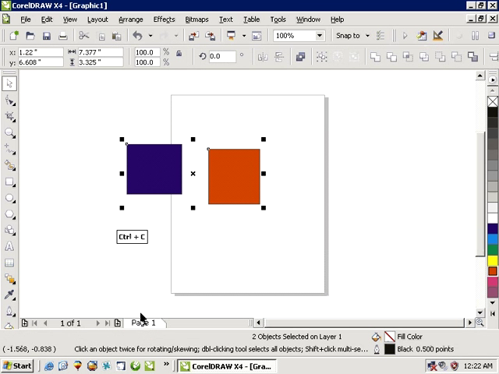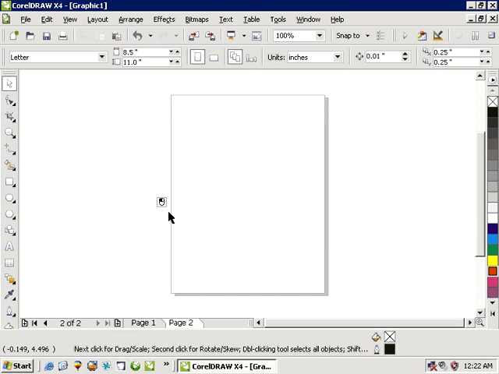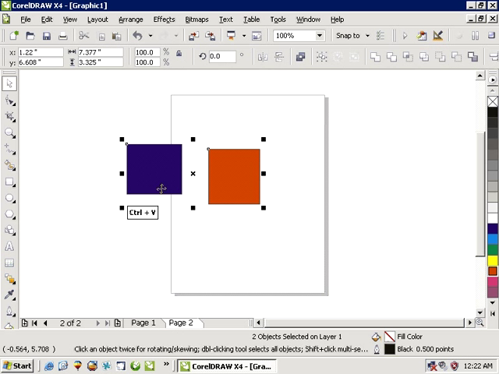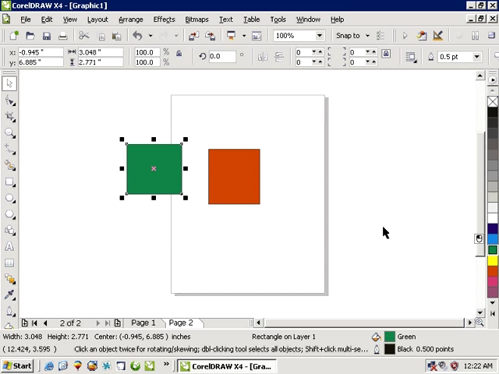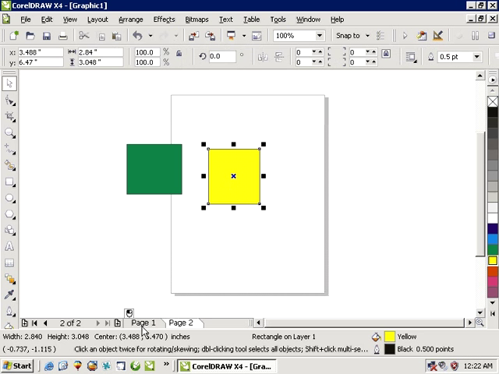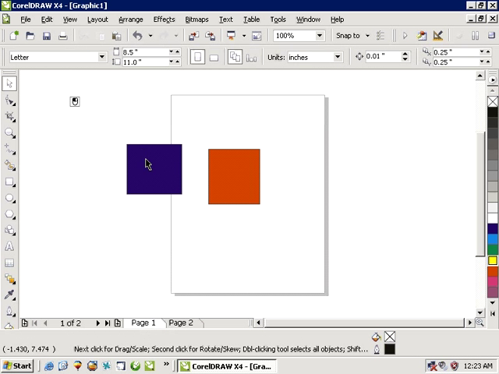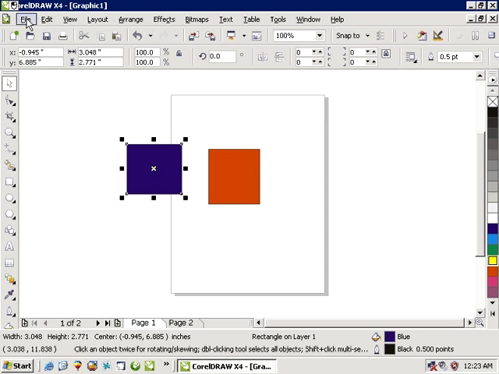I'm going to Control C. I'm going to create a new document page, or a new page, my bad. Make this one yellow, green, yellow. Okay, we got 2 pages, and we want to save each item as a separate CDR file using our recorded macro. So first thing I'm going to do, I'm just going to go to page 1, and I'm going to